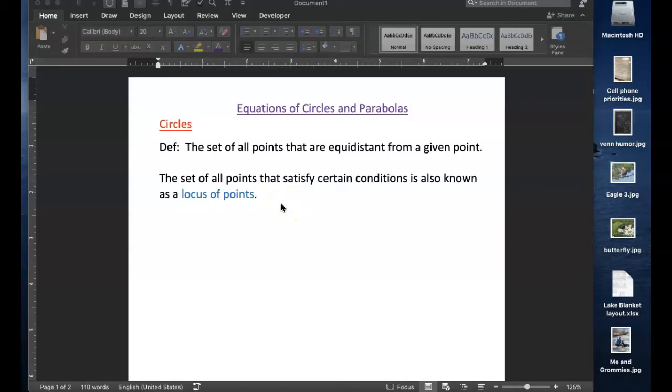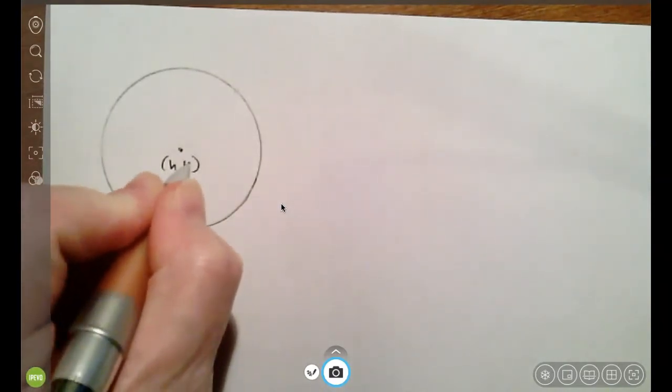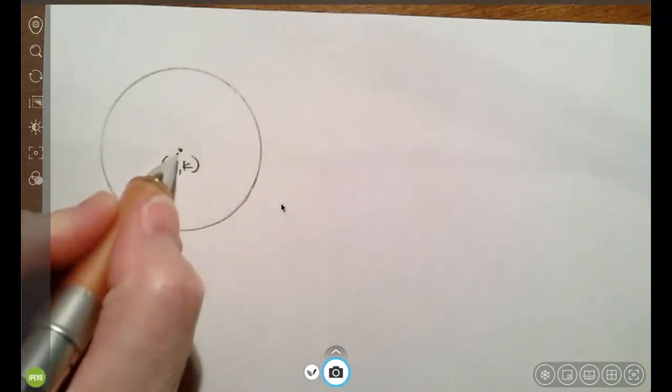So let's take a look at writing the equation of a circle in standard form. So here's our circle. We're going to pretend that this is on a coordinate grid, meaning that this point right here, the center of our circle, has coordinates. And we're going to call those (h, k). That's just a common convention. I'm not really even sure where it comes from. I suspect that it has something to do with variables that are available that don't typically represent something else. So that's how we're going to refer to the center of our